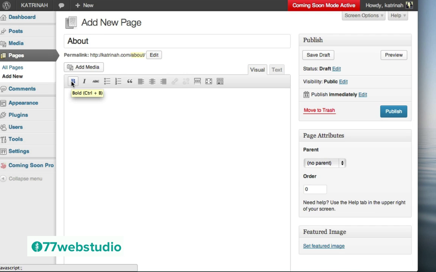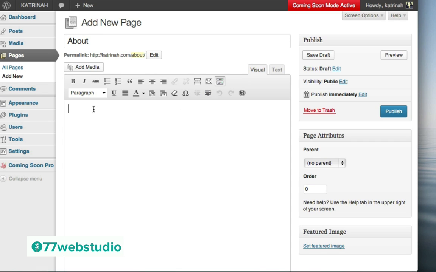So if you can't remember what they do, no worries. You can just hover over each of these different icons and WordPress will give you a little tip telling you what this particular icon does. So to see both rows of formatting options, just go ahead and click on this button here to show or collapse the two different rows. I like to see both rows, so I'll just leave it open like that.